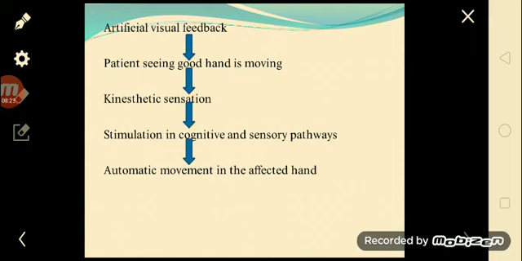That means if we tap continuously with one hand, automatically, without our knowledge, the other hand also taps to some extent. And this is the mirror movements. The mechanism for the mirror movements is this.